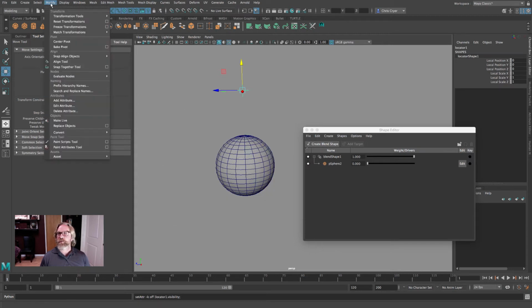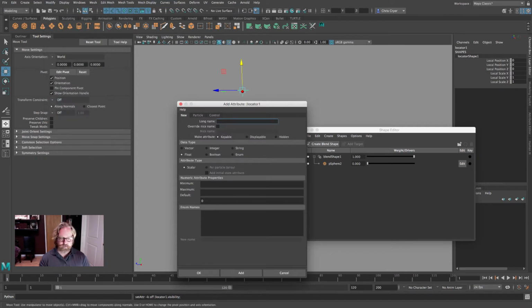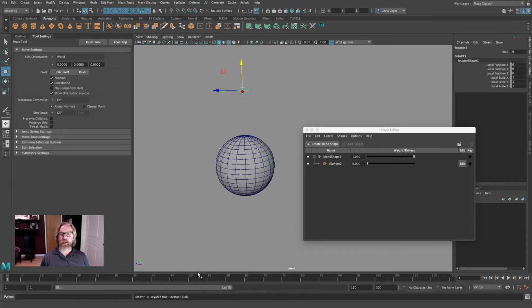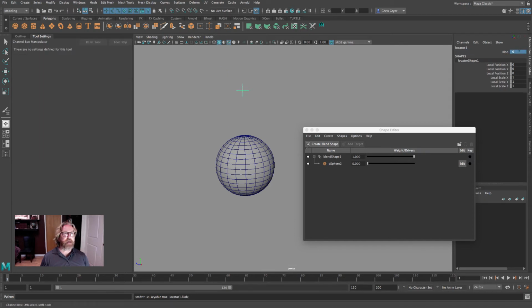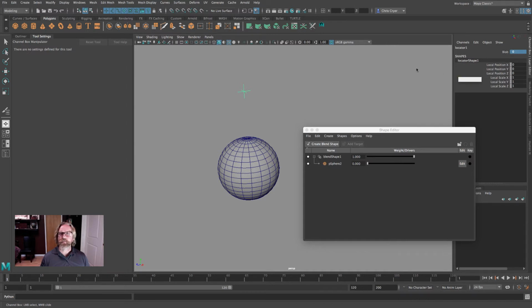Let's add an attribute: modify, add attribute. Let's just call this blob, and we'll say 0 is no blob, 1 is blob, the default is 0, and we'll hit OK. Now, of course, nothing happens if we type 1 here. We haven't plugged it in via the SetDriven. So I created a locator, gave it an attribute, blob 0, blob 1, and then we'll come in the animation mode to